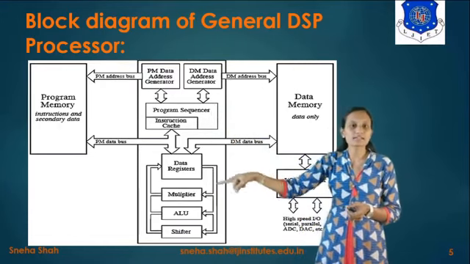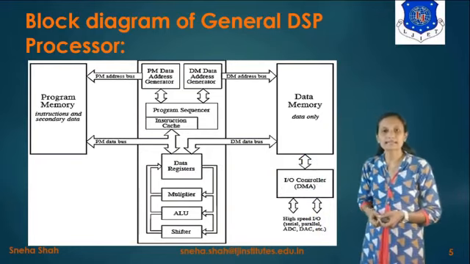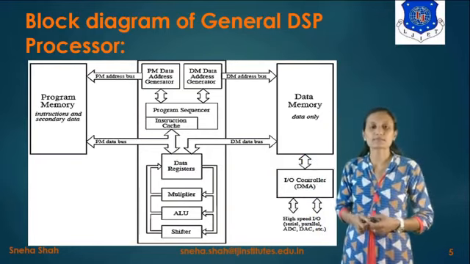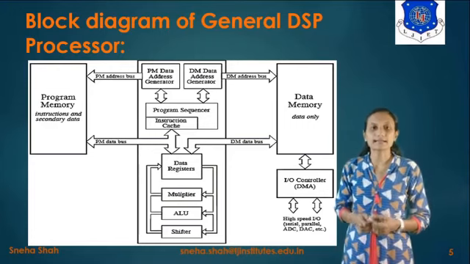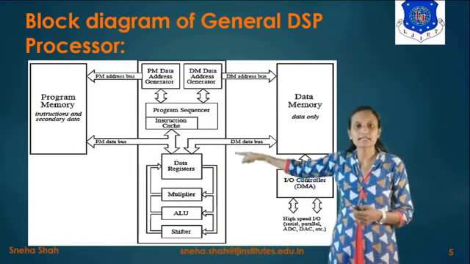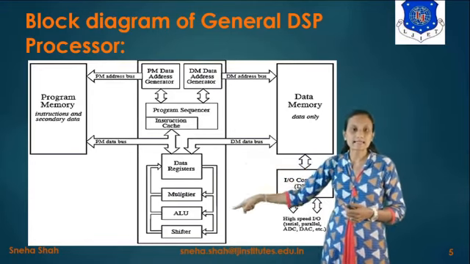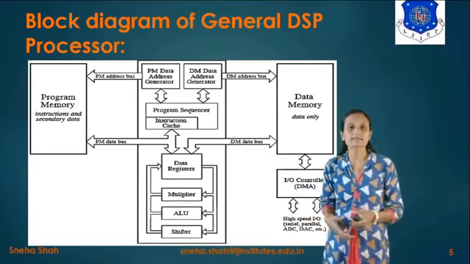In these blocks, the first block is the data register. Now what is the basic use of the data register? Basically data registers will be used to store the data, and as and when required at the time of processing, it will be given to this processor. So the first processor is considered as the multiplier. In this the data gets multiplied.